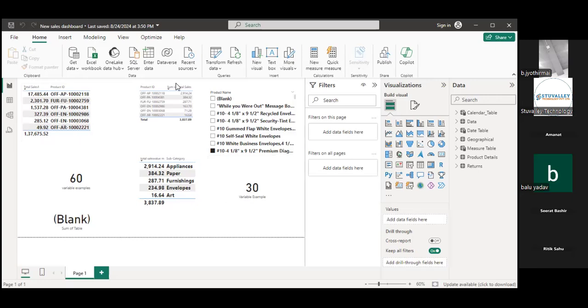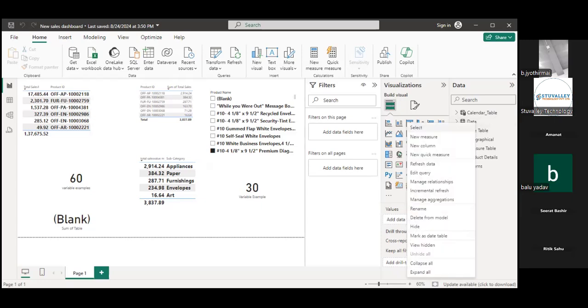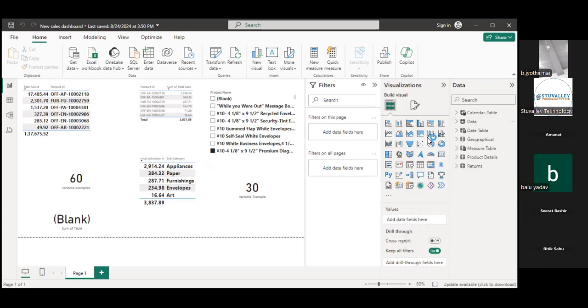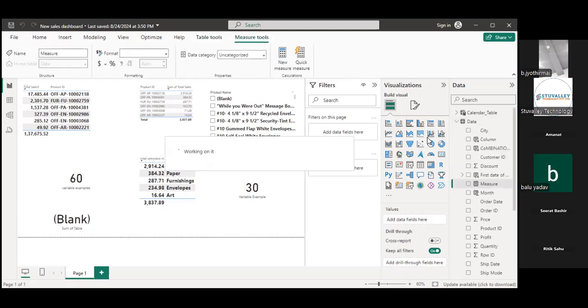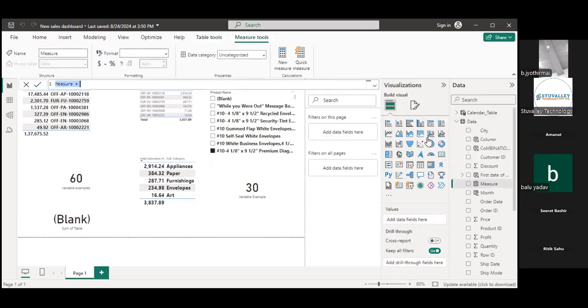If we have 7 minutes, I will show you once. I will create one measure for that in the data table. Let's check year to date, so that from the next class we can start our visualization. So Sales Quantity Year to Date, I want to compare sales quantity year to date. I am using the same name.